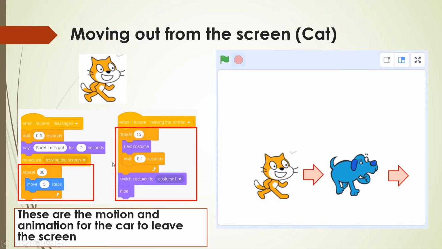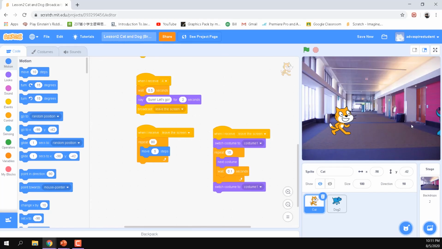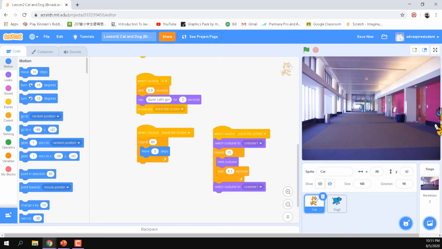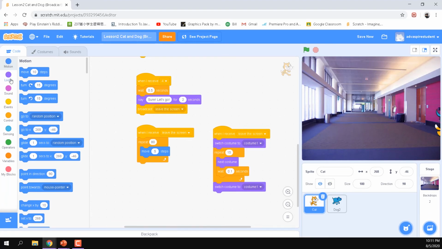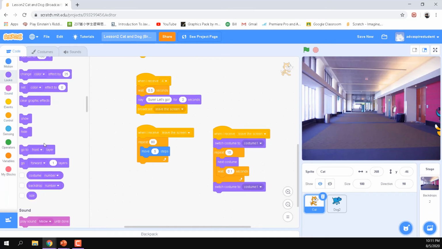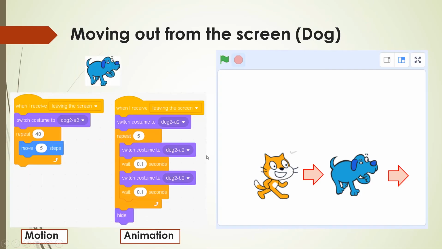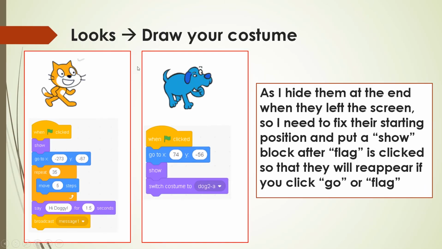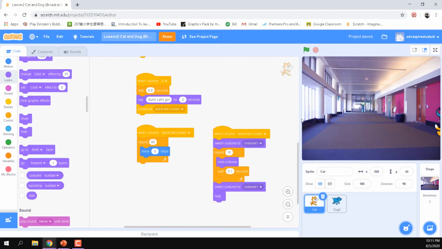Okay, will do. And now remember, after leaving the scene, the cat will be here and we are going to hide and make the tail disappear from the scene. And we are going to show how. And followed by that, starting position we already set for this, but you need to add a show because if you play, it will move like expectation.